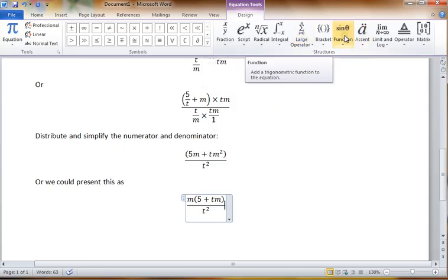These are mostly for trigonometry. This is for accents, limits again. You'll find some things that will be useful for you in using logarithms, which is right near the end of this class. So I'm going to cut this